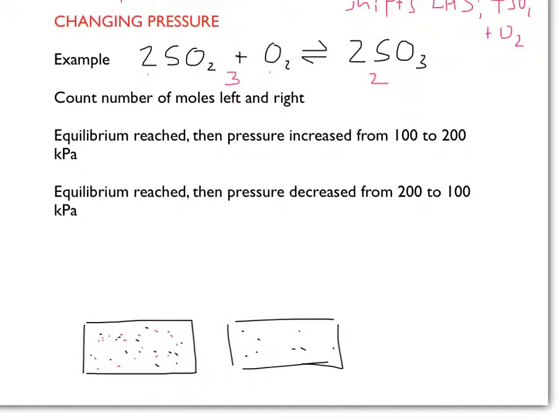Again, dynamic equilibrium has been reached, and then the pressure is increased from 100 to 200 kilopascals. So it's 1 atmosphere to 2 atmospheres. What will happen? Well, the first thing that equilibrium will try to do is decrease the pressure again. Now, how will it do that? It will do this by favouring the reaction which has the lowest number of moles, because the lowest number of moles means least pressure in the container, and so it will shift to the right hand side